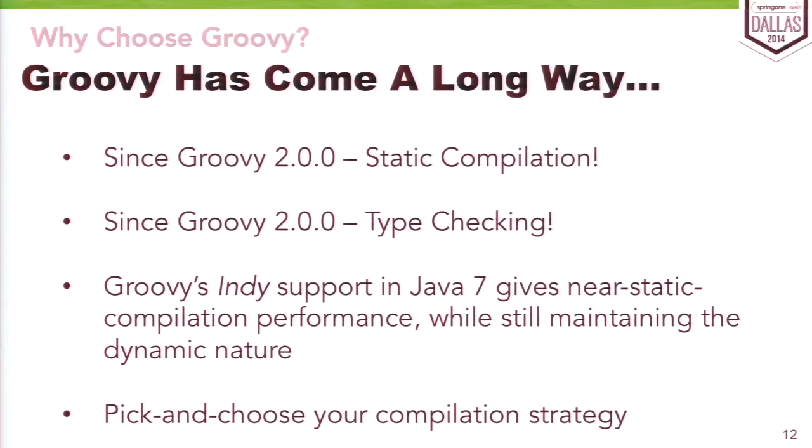So at the service tier, it's very important in some cases that we have static compilation so that we can reach those performance goals that we're really looking for. But then in our actual implementations, there might be parts that we know are not going to be in the critical path of some request, right? We still want to be able to use the dynamic capabilities of the language because we know them, we like them, right? So Groovy lets us pick and choose that.